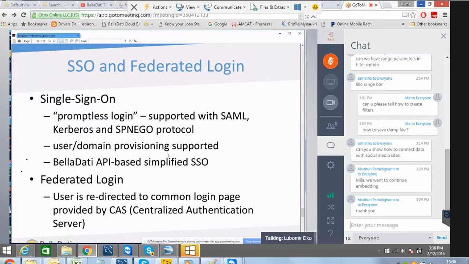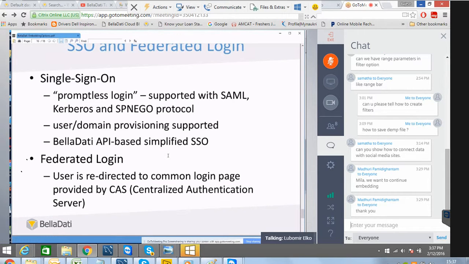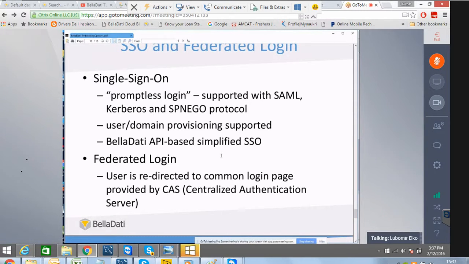It means through our REST API, you can log in and obtain some token, which will be used in all communications, or in all requests. So you are using passwords in a human readable format in requests. We also have federated login, which is that the user is redirected to a common login page provided by some third-party application,